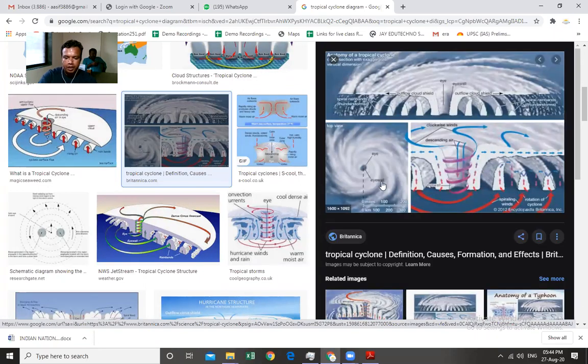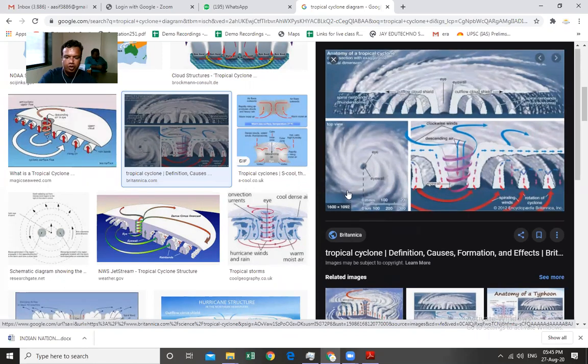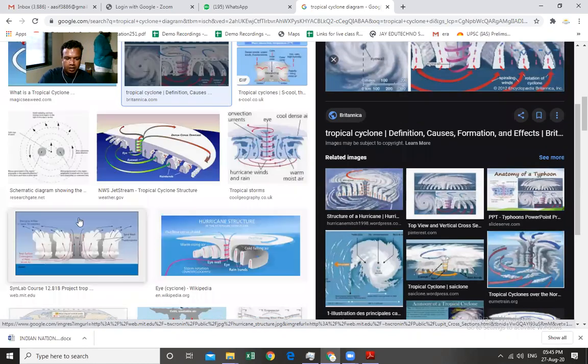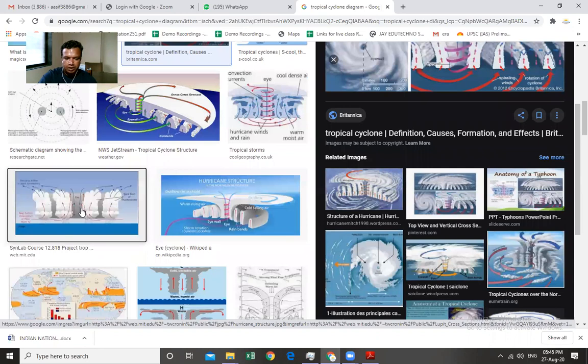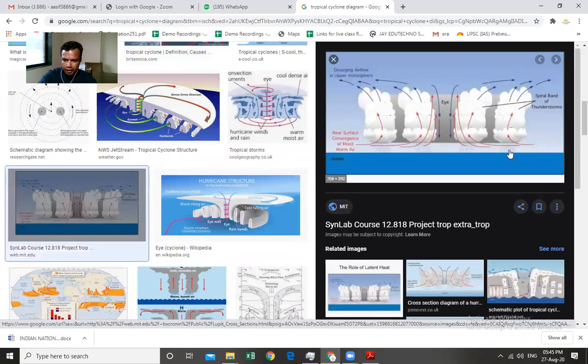Such tropical cyclones lead to upward movement of the wind. Here you can see the region where the wind coming from the surrounding region converges, and after convergence it moves upwards. As we have seen, whenever the air moves upwards, it leads to a decrease in the temperature of the wind which has moved upwards, and there is heavy rainfall in the surrounding region, and that leads to cyclonic rainfall.